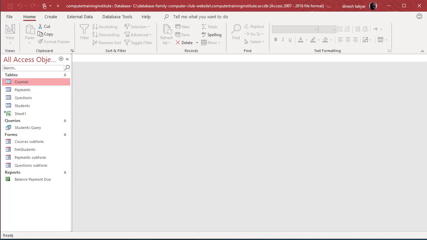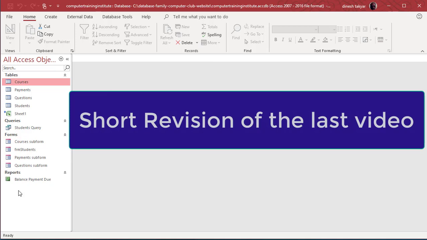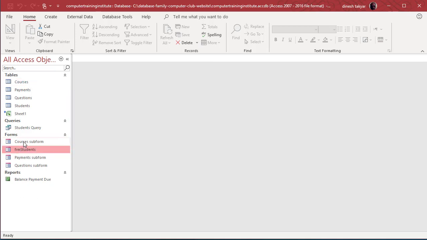We then learned how to create a relationship between these tables, and based on this relationship we created a form students, which had two subforms, courses subform and the payment subform.